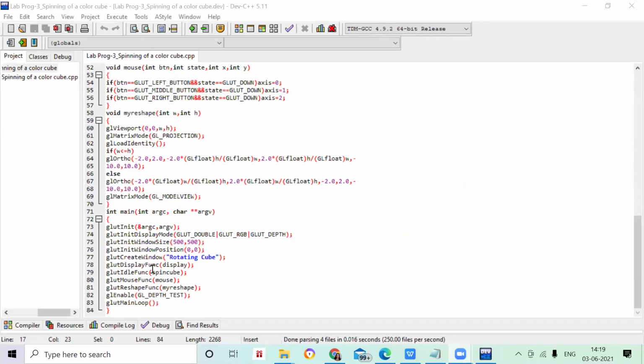So in this glutCreateWindow, whenever our window gets created, on the top side you can also see it has been written something like lab program 3. In that way it's going to give you the name of your program. Okay, and also how it's going to display, and what is the work procedure of all these things.